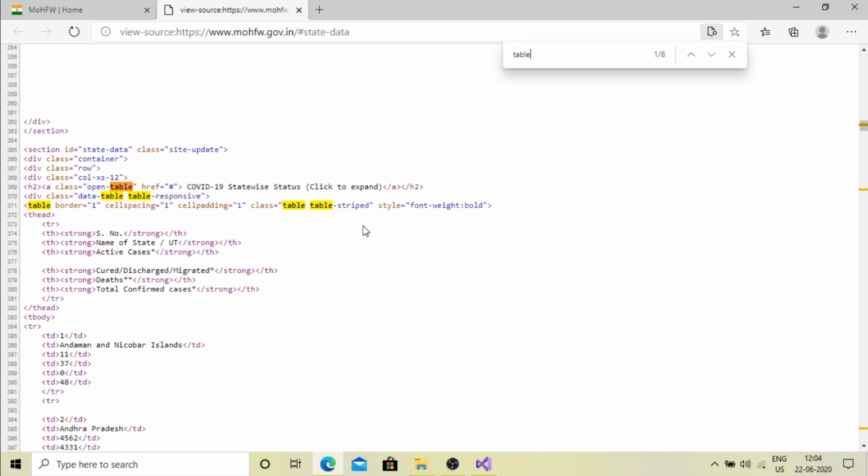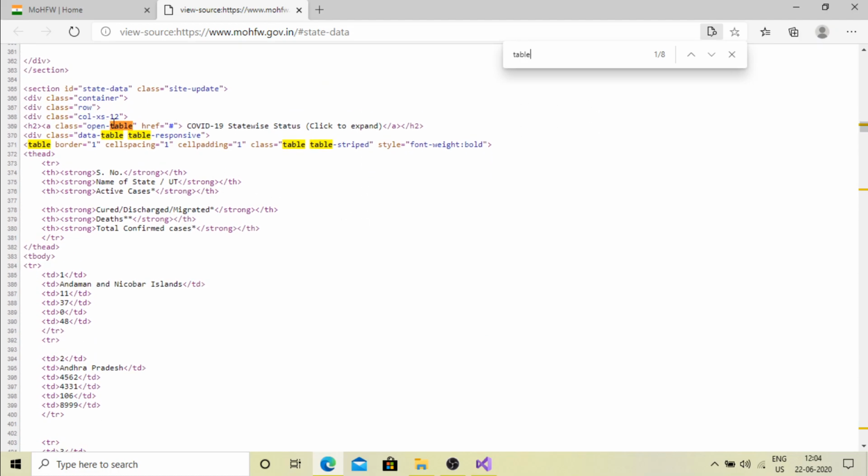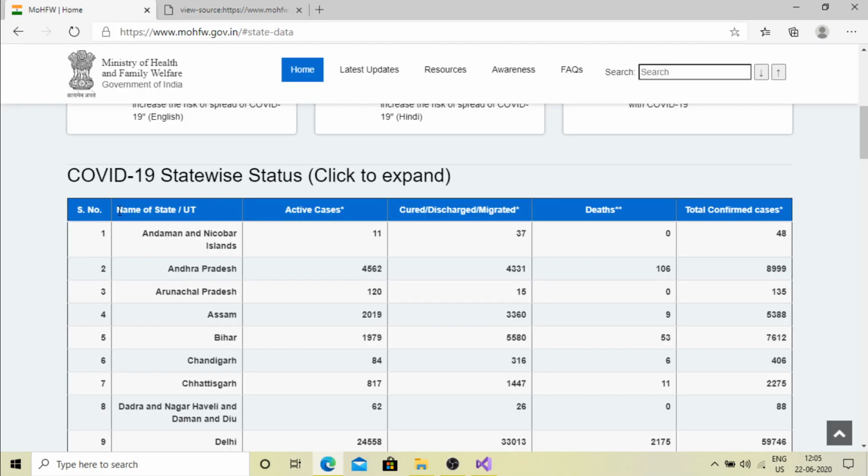As soon as you type table, you will get several occurrences of the name table, and several tags are there. Here you can see that we have a table row and table heading columns. If we match these, like serial number, name of state, UT, and active cases, you can see the same headings here: serial number, name of states, active cases.